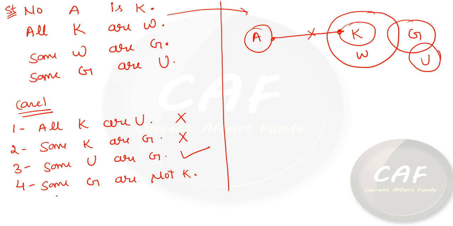Now let's see the number 4 here. Some G are not K. This is G here and this is K here. Some G may be K or may not be K, but we are not sure. We are in doubtful situation. We are not 100% confirm whether the conclusion is true or not. If we are in doubtful situation, then we will mark as a unfollow statement. Unfollow conclusion. Fine. So some G are not K because some G may be K. If we increase the circle of G, then some G may be K and hence here some G are not K. So we are not sure. We are in doubtful situation. So we will mark here as a wrong.